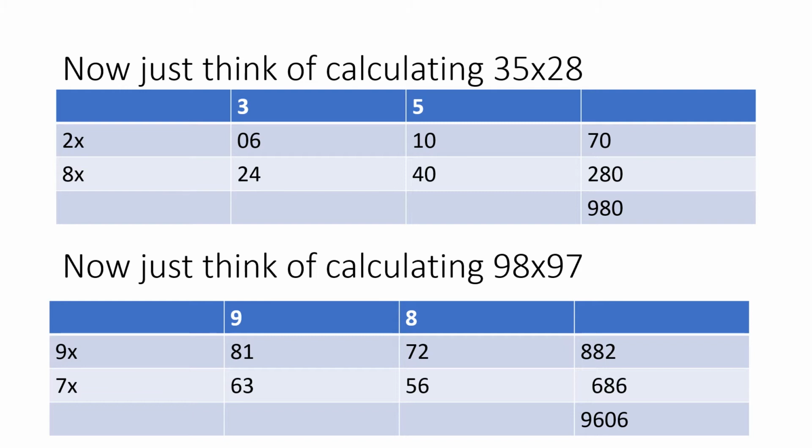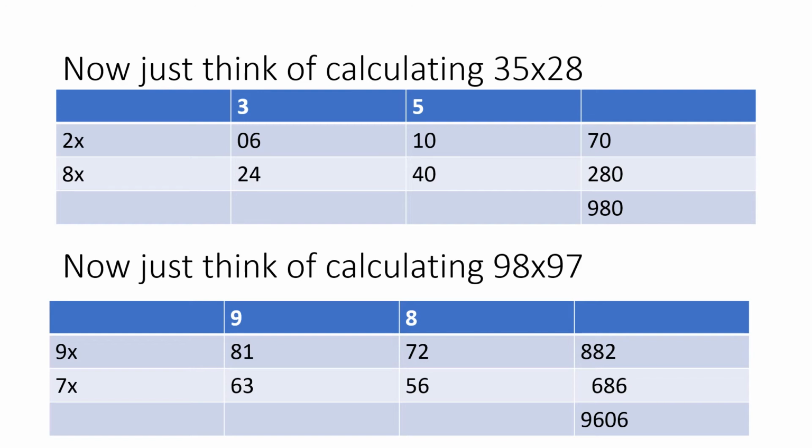So what we have done, see here, in the second and third columns, we have written the tables of 3 and 5 separately. Then I have taken only two positions, that is the 2nd and 8th positions. So 2 into 3 is 6. 2 into 5 is 10. Similarly, 8 into 3 is 24. 8 into 5 is 40. So we have taken these. Then see here, 6 plus 1 is 7. Take 0 as it is, 70. Then 24 plus 4 is 28. Then take 0 as it is, 280.